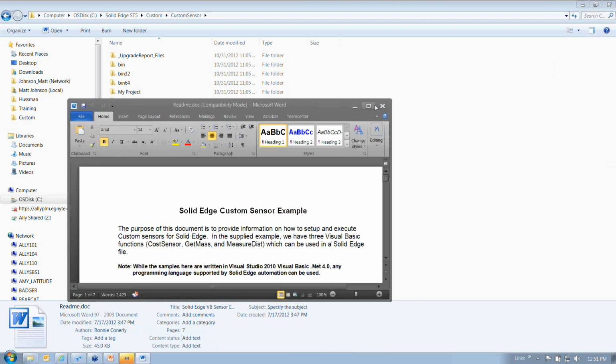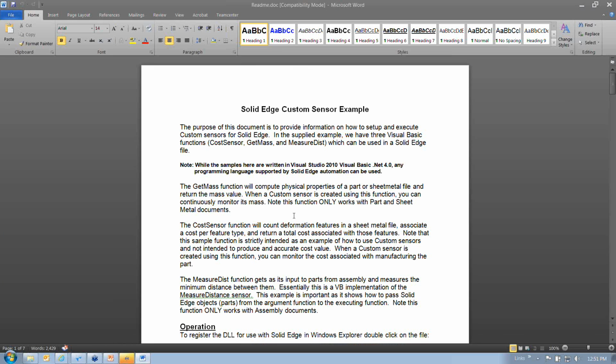And I apologize, it opened on a second monitor that I'm using. And it tells us that we've got 3 different types of custom sensors. We've got a get mass function, a cost sensor function, and a measure distance. The particular one I'm interested in right now is the mass, and I think you'll see how this is a